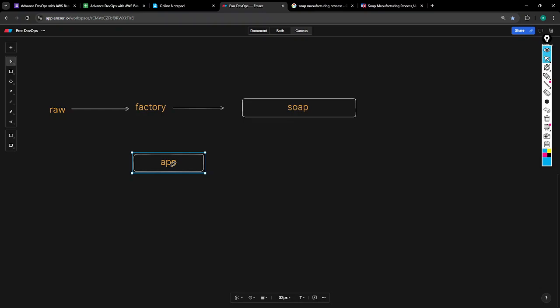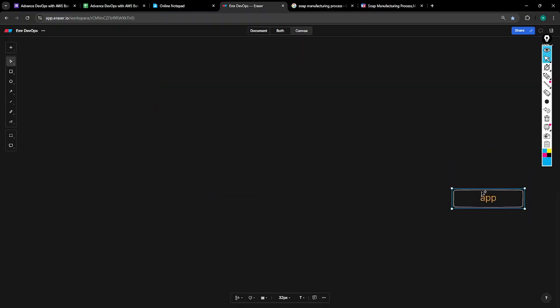And how are you going to create this application? First, you need a raw material for this also. This is my goal now: I need a raw material for this application. So what is the raw material? Code. I have to decide which code, which raw material I need to take to make this application. To make paper or soap, we know which raw material we need to take. Like this, depending on the product, we know which raw material we have to take to extract.